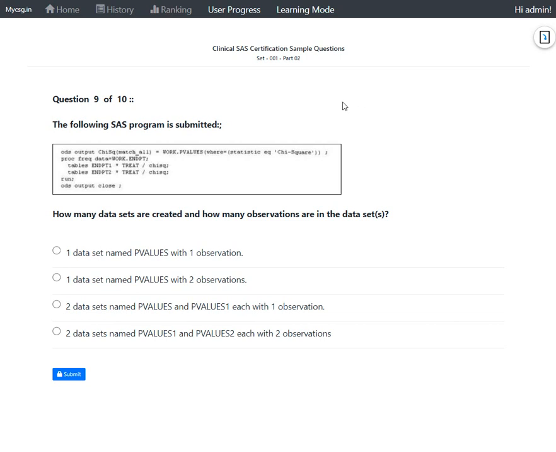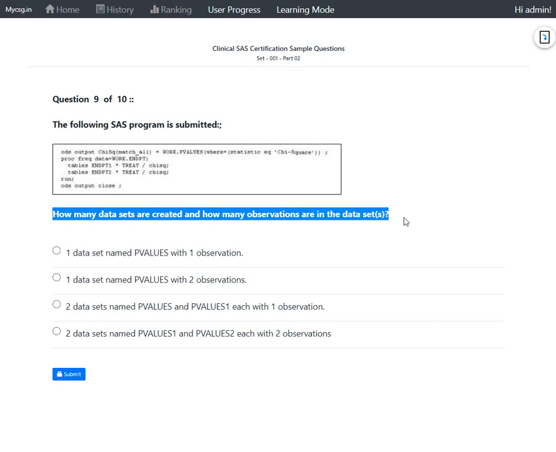And then we have our next question which says the following program is submitted, and we have an ODS output statement followed by a PROC FREQ statement with two table statements in it. On the PROC FREQ we have chi-square test being requested, and then we have the ODS output close statement. And then it asks us how many data sets are created and how many observations are there in the